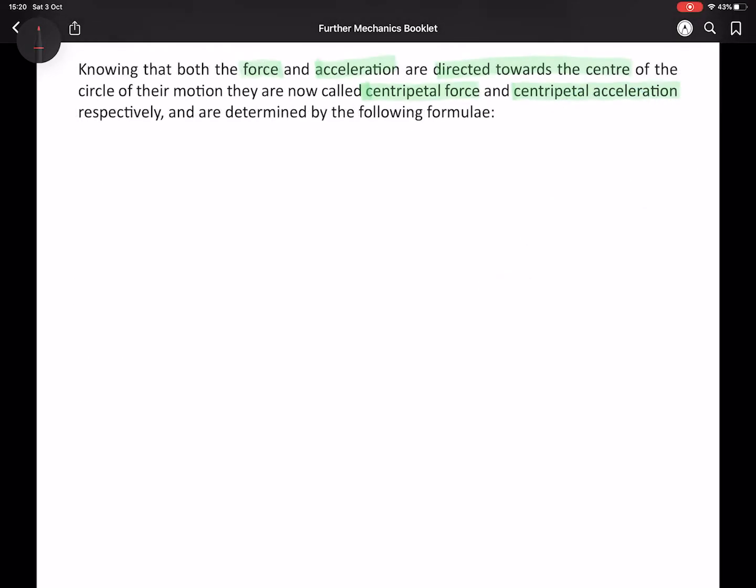Now, to start off with, we have to consider the acceleration, because that's the easiest one to first acknowledge. And that is given to us in two forms, where the acceleration is equal to v squared over r, and it's also omega squared r. Now, we know that omega is our angular speed, given in radians per second. We also know that r is the radius of the circle itself,